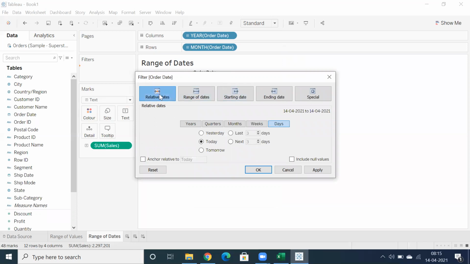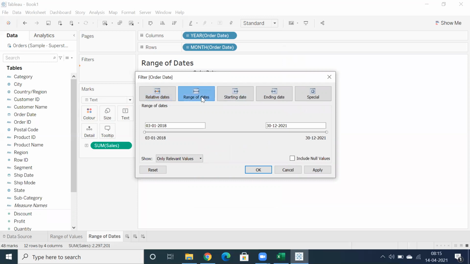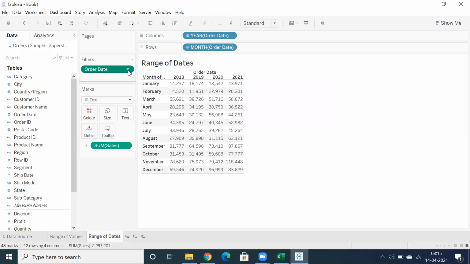But this is relative date. I'll come back to this, very interesting. But let's complete range of dates here. So what actually is range of dates? When you look into this, the minimum date and maximum date, right? So now click on this drop down, show filter. Again, you are getting the slider, correct?